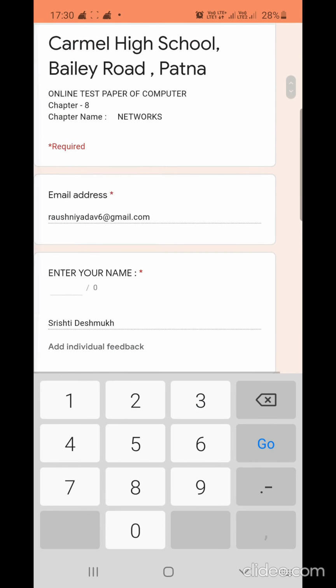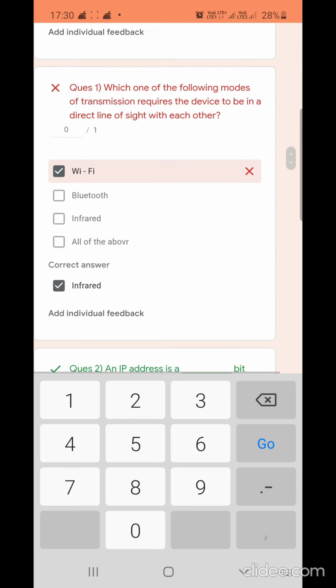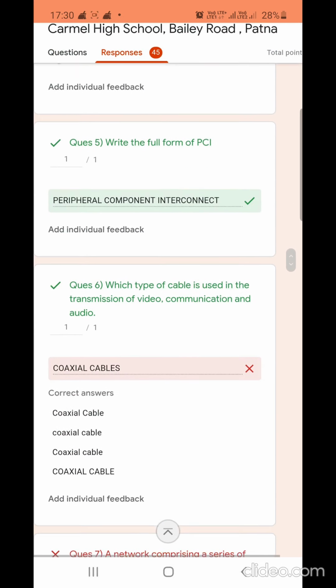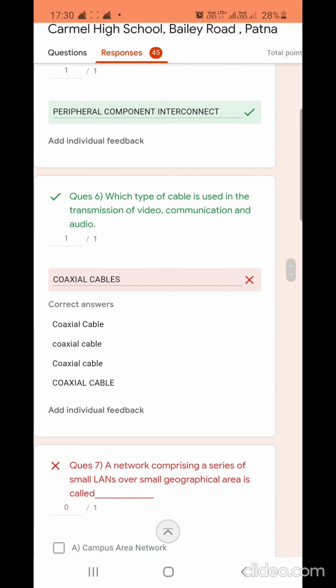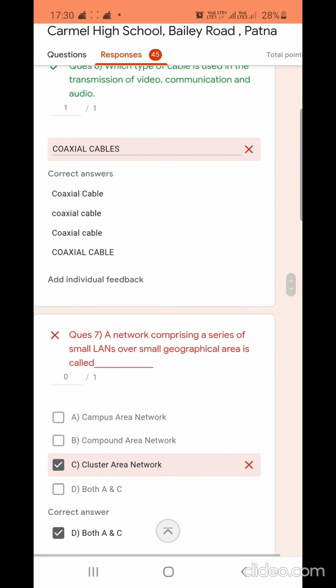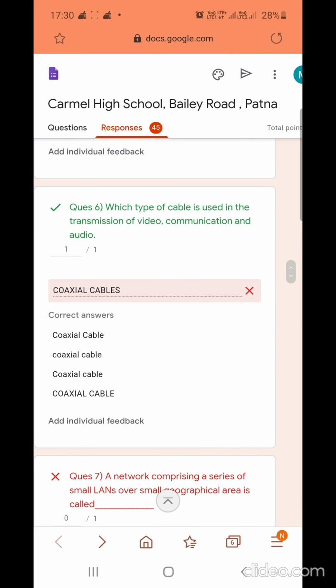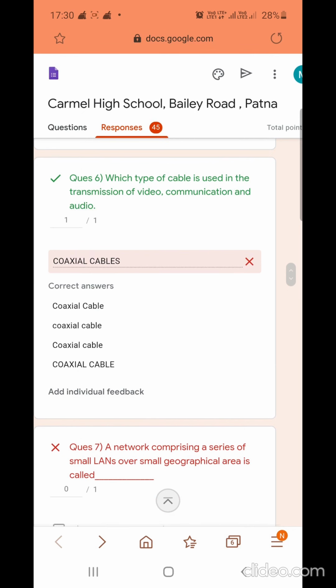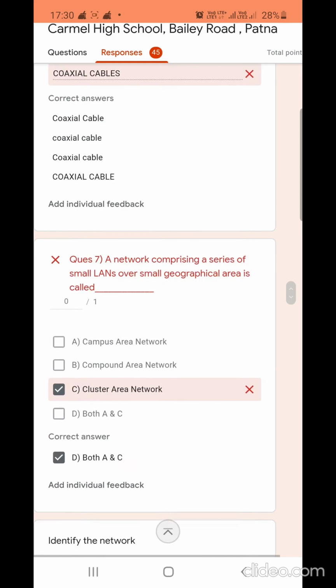Next we will see furthermore if she is having any problem in her evaluation. So we have given her the marks and you see here it is ticked correct. Sometimes it happens that it shows a cross here but it is marked as correct.